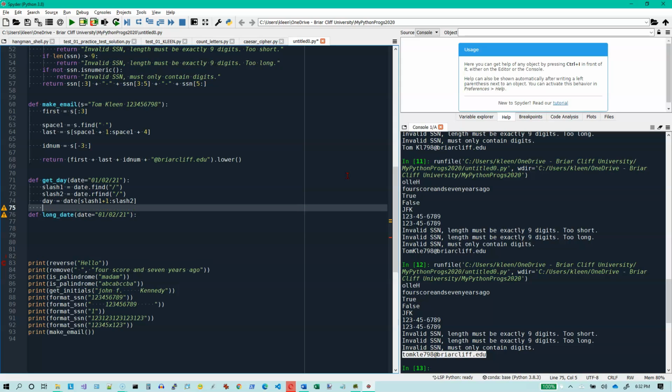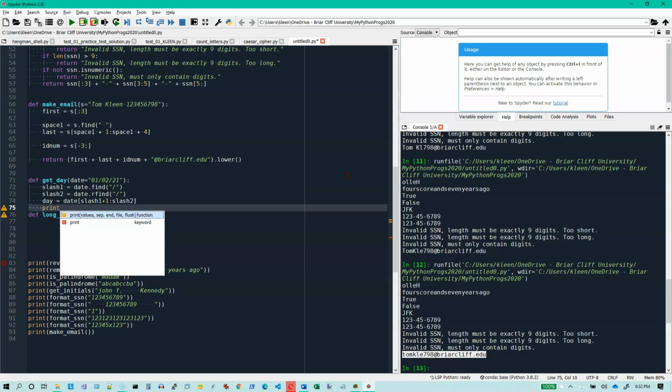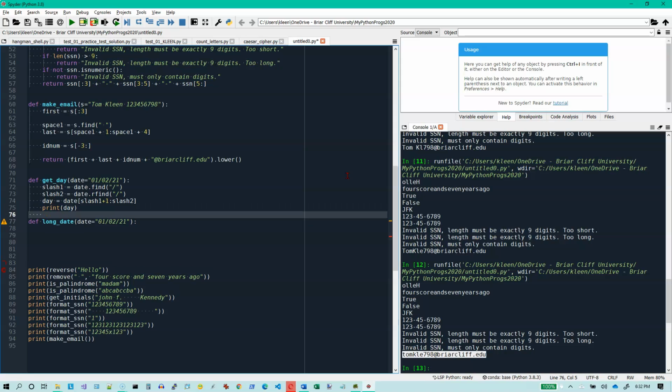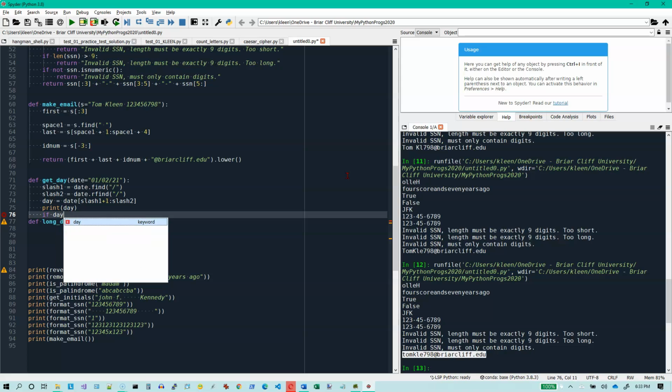And a useful thing here to do might be, while you're testing it, just print out the value of day. And it should be 02. Okay. And now I've got the day. We said that it is legal to have a leading 0 there, and so we need to check to see if there's a leading 0. So if day sub 0, the first character, is equal to the character 0,